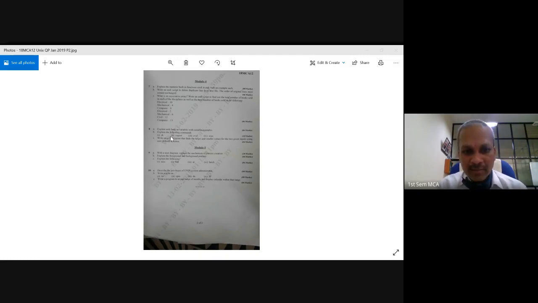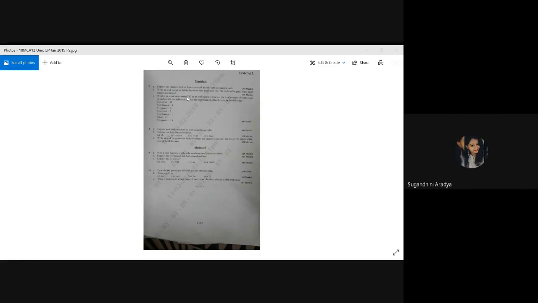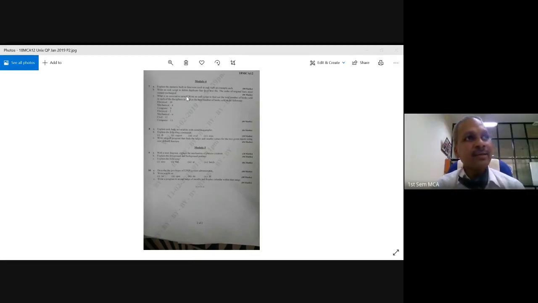Next, we have explain awk built-in functions. Whatever we have discussed now: length with the two variations, and we can look at integer and square root. I think these are the three things. Substring? No, they're asking numeric built-in functions.